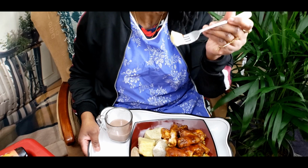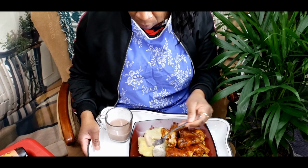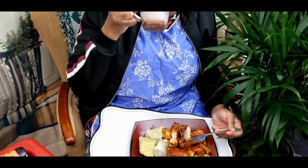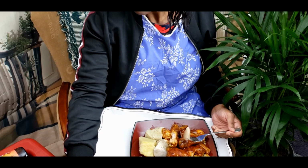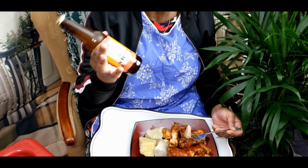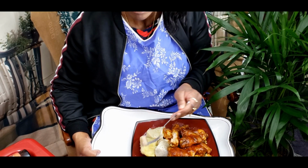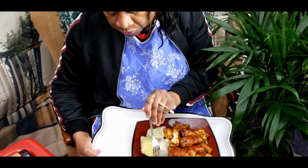And this is a Negro yam. And this is some tea I made. Something warm for my stomach before I open this bottle of ginger beer. Truly is good. Green banana, sweet potato,